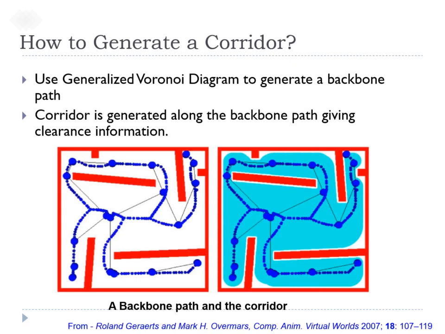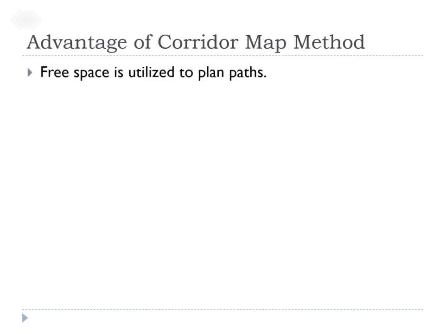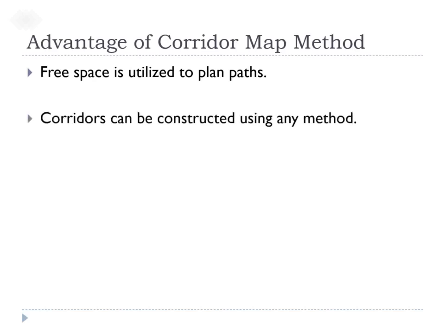So you can see that if there is a disc shaped robot, then in the corridor map on the right side of this figure, you can see that the corridor is represented by the cyan color. All these directions are safe directions. Main advantages of the corridor map method are that free space is utilized to plan paths. You have more flexibility. Corridors can be constructed using any of the methods like a visibility graph or a generalized Voronoi diagram or a sampling based